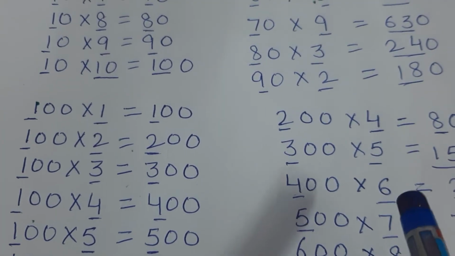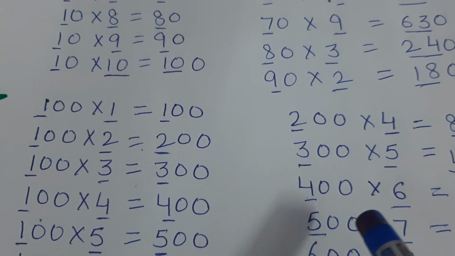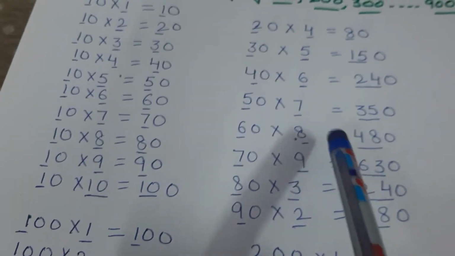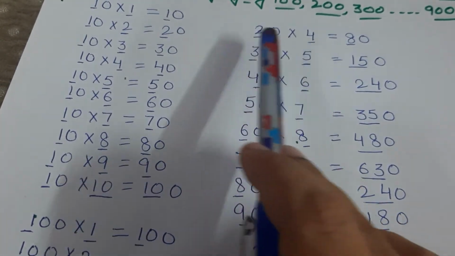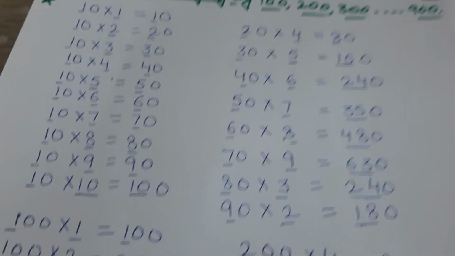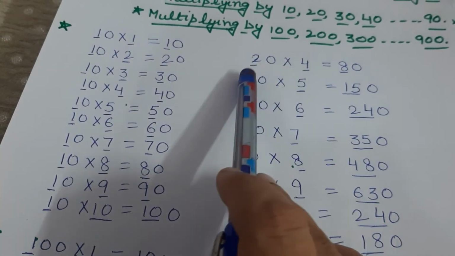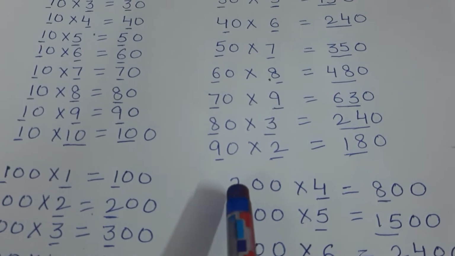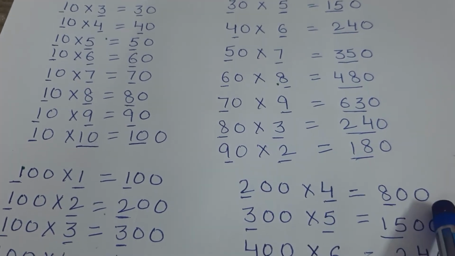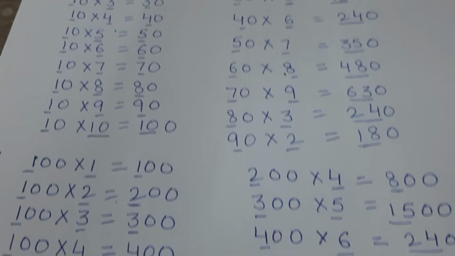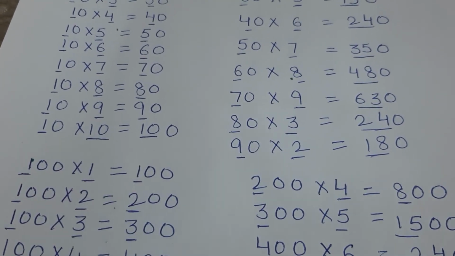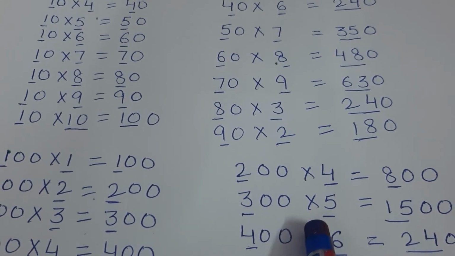Now the next point is how to multiply with 200, 300, 400 till 900 with any number. Okay, suppose I am taking 200. I am taking these same numbers. Here I multiplied 4 with 20. Here I am multiplying 4 with 200. So the concept is the same, the pattern is the same. Here also we were multiplying 2 fours, here also 2 fours are 8. Now how many zeros are there? 2 zeros. So 2 zeros with this. We will follow this pattern, that if we have 2 zeros in the factor, in the answer also we write 2 zeros. So similarly we are following the same pattern.